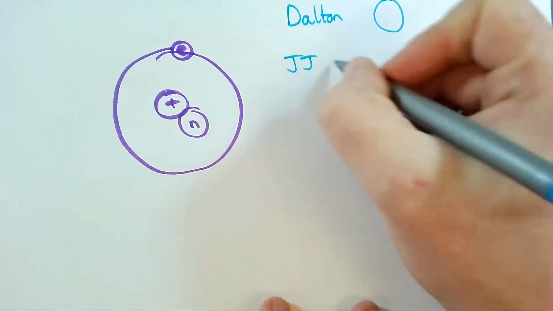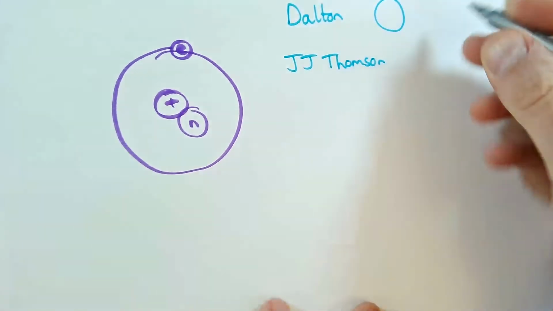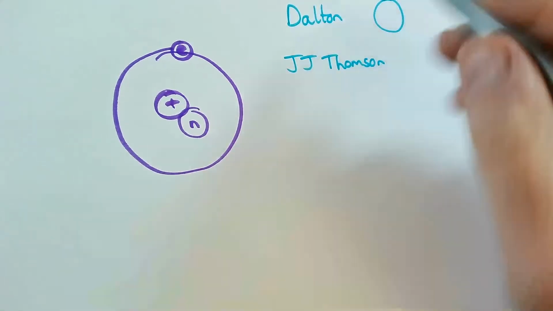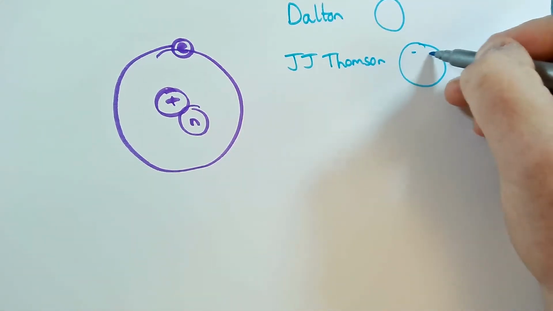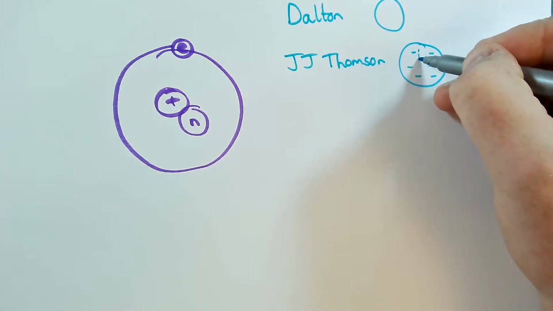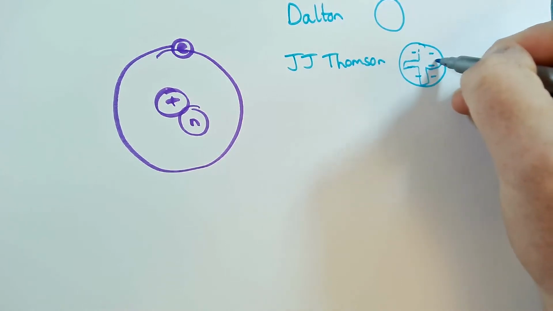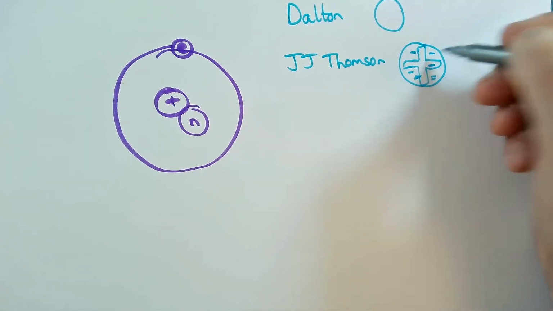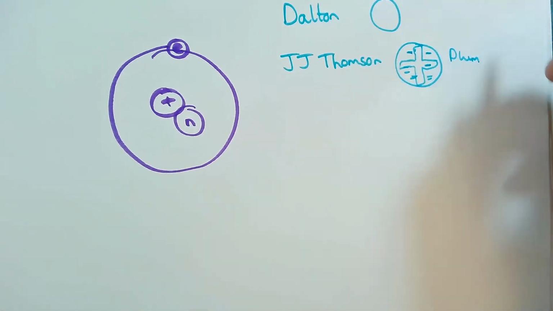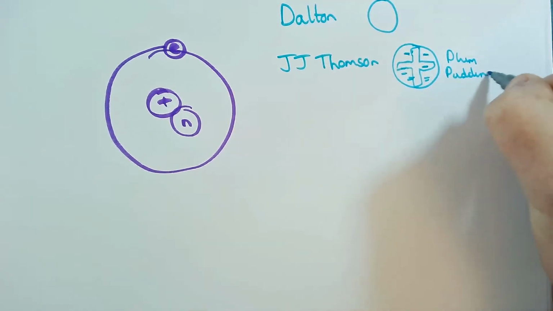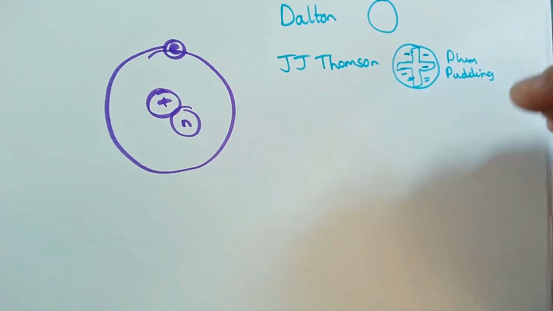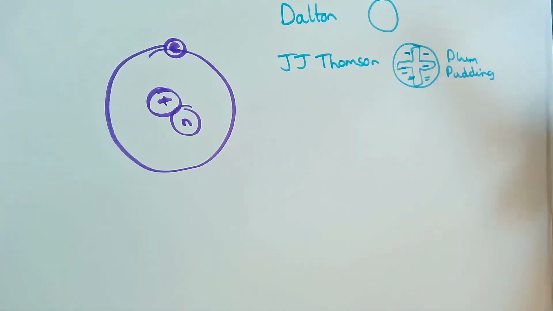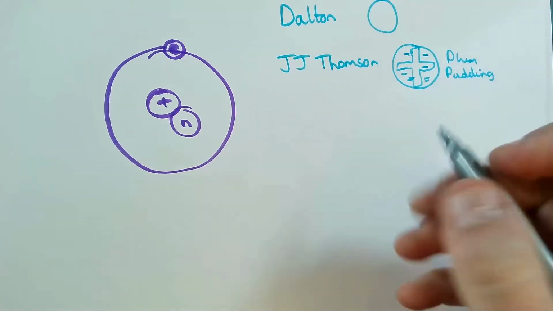Our next mad lad is J.J. Thomson. He comes along and discovers the electron. So that means that atoms can't be solid. He says that the negative electrons are dotted throughout a vaguely positive atom. So the atom itself is positive, but you've got these negative bits spread throughout. He calls this the plum pudding model, because that was a really famous dessert at that point. But to me, modern day, that looks like a chocolate chip cookie.